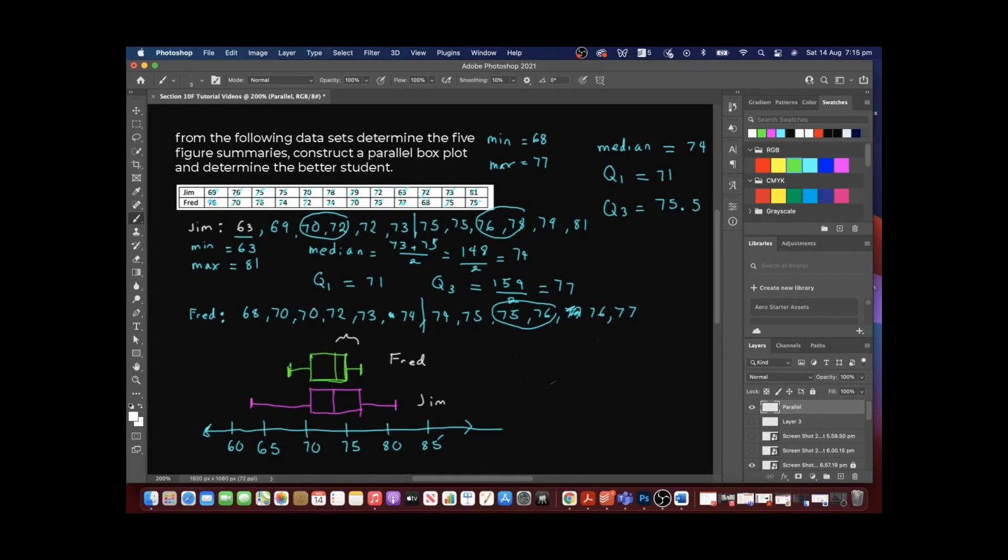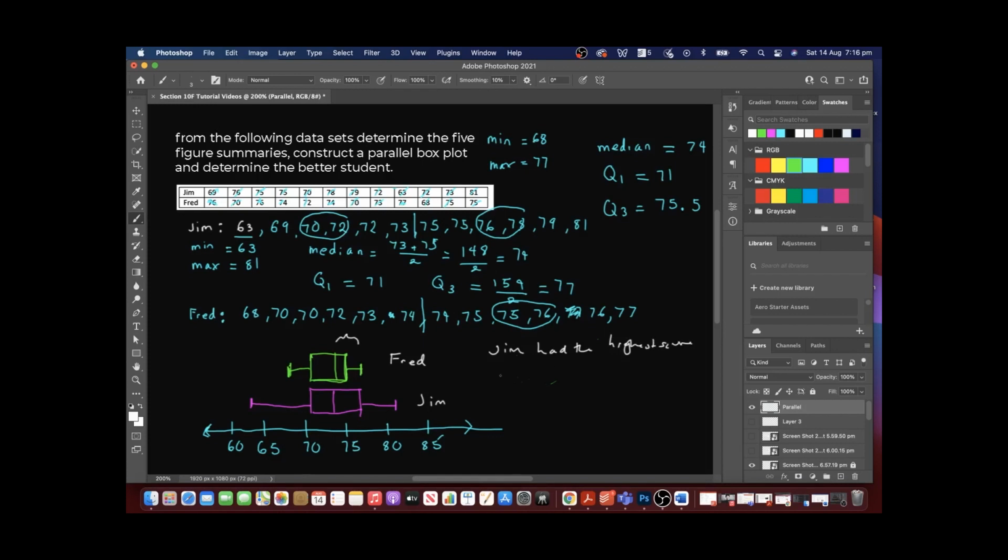Jim, on the other hand, we have 50% of his scores are above 70. What do we say for Jim? So 50% of the scores are above 74, and we can say that 50% of his scores are, of course, below that. But as it comes to who is the better student, it's really subjective, and you're probably just going to write out facts. So we can write that Jim had the highest score,